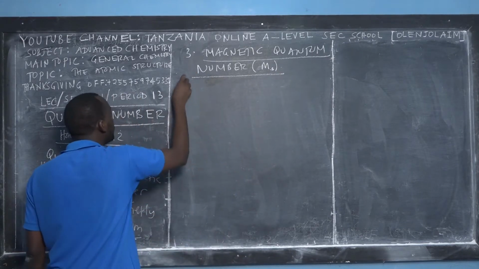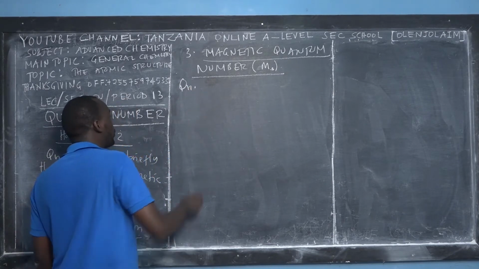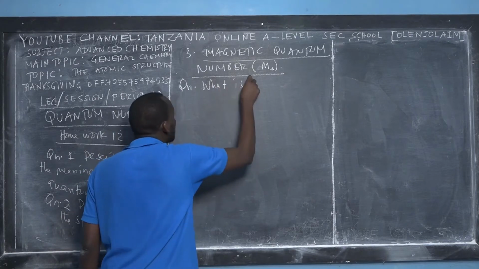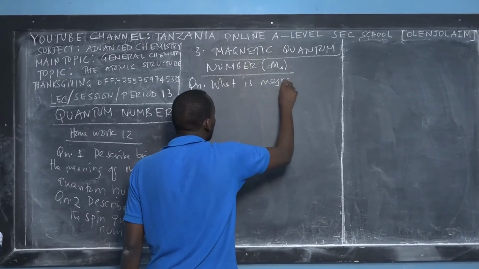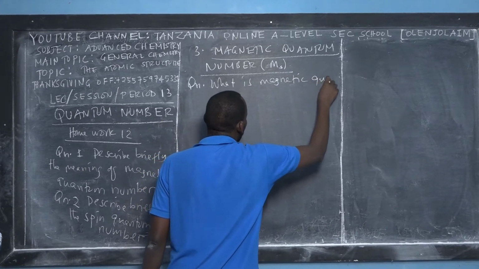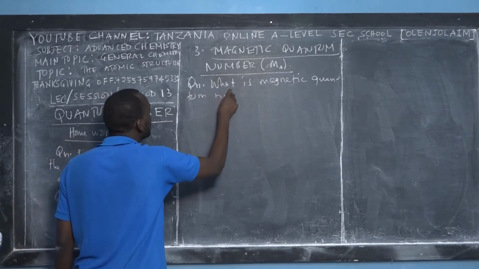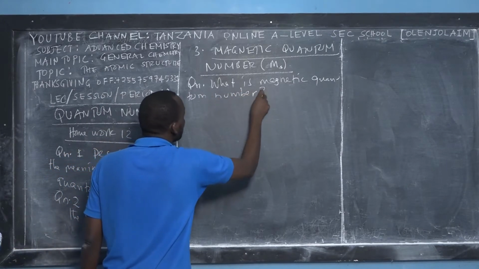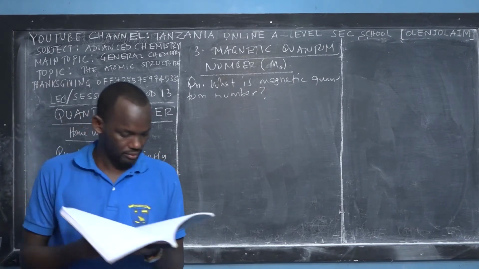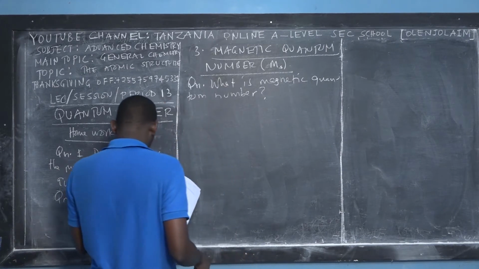The fundamental question, when we are asked to describe it briefly, is that we want to know its meaning. What is the magnetic quantum number in atomic structure? The magnetic quantum number is the quantum number